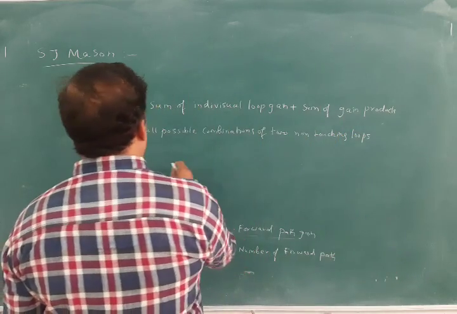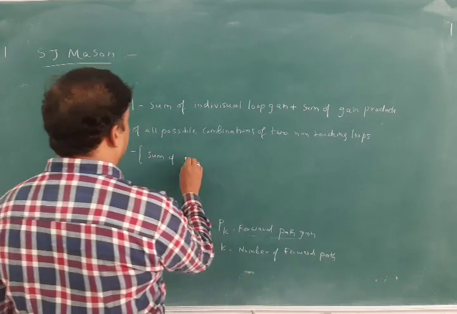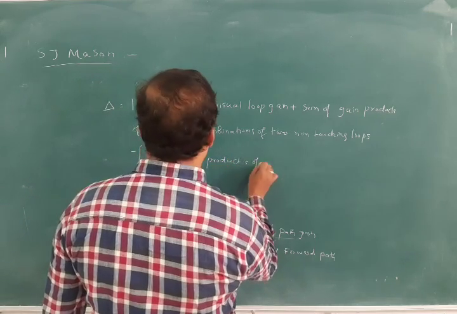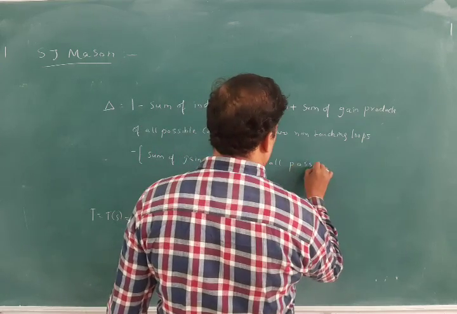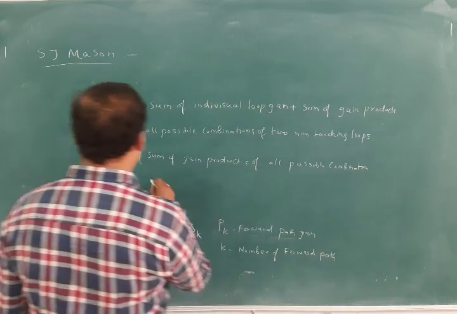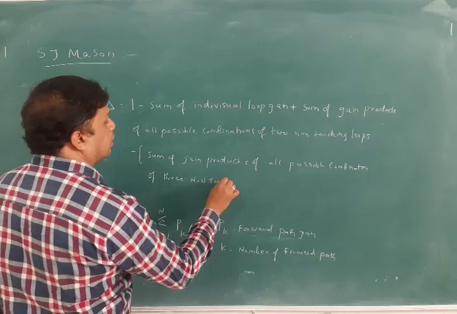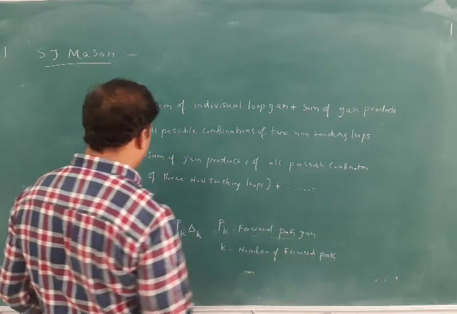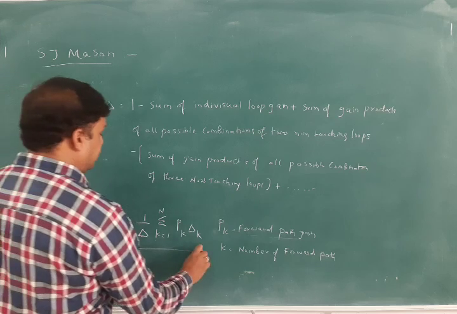minus the sum of gain products of all possible combinations of three non-touching loops, plus and so on. That means that if you want to find this transfer function, the Mason gain formula,